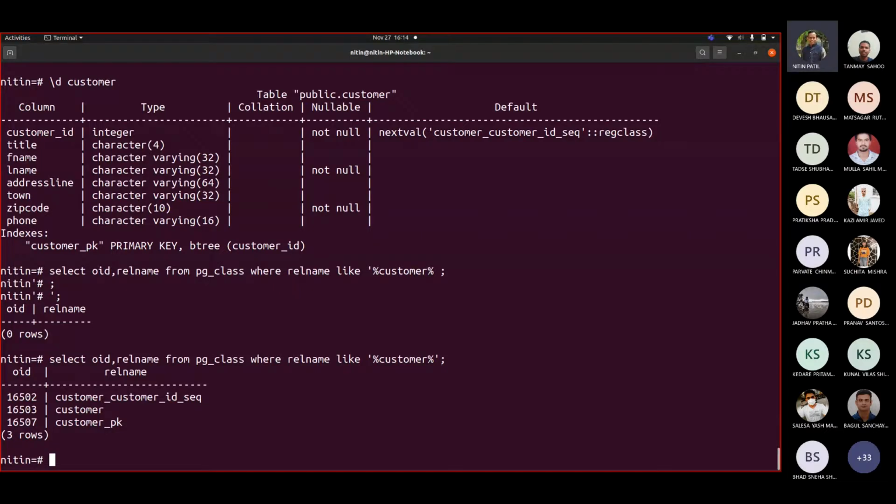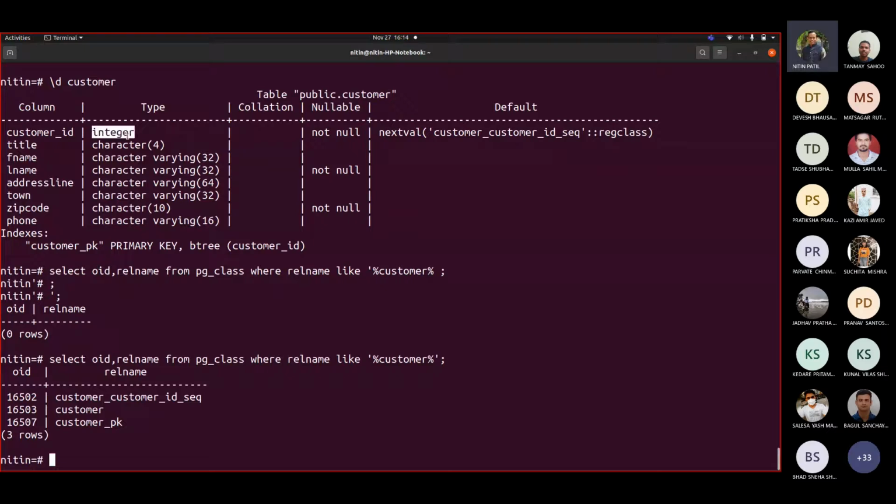Now in pg_class, when you created a table, your definition was create table customer, customer ID. Then we used one terminology there, which was setting this as a sequence.